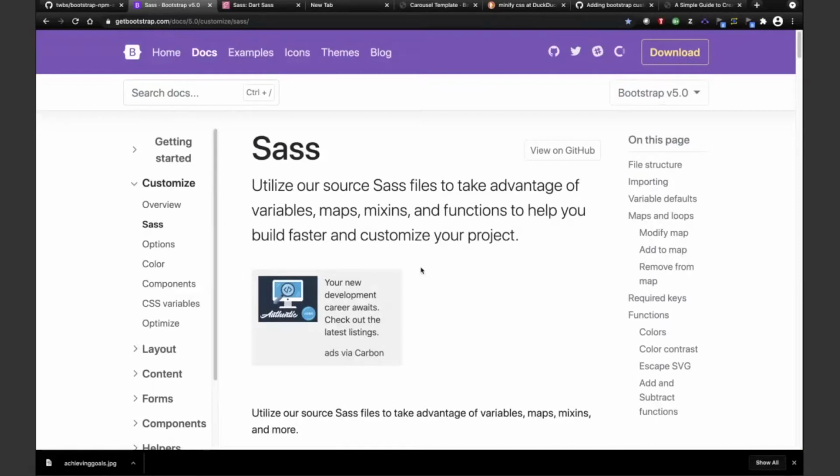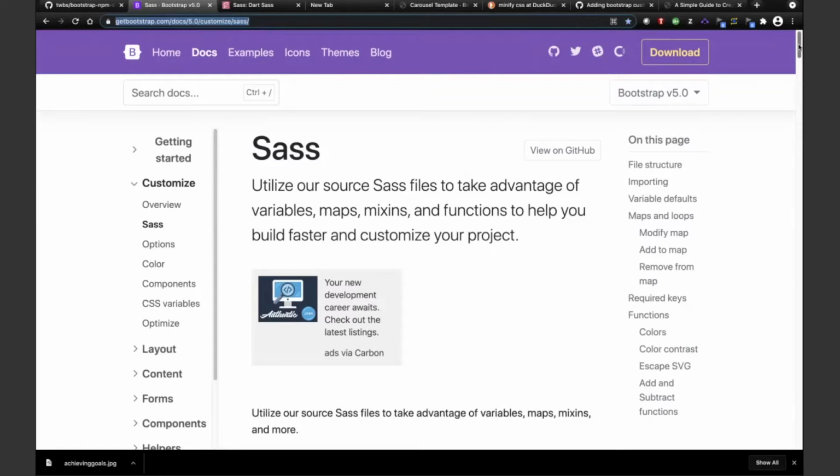So to understand how everything's organized, I highly recommend that you look in the documentation. I'm looking at the documentation for 5.0 for Bootstrap, and there is a page titled Sass. So you may remember that I mentioned that Bootstrap uses Sass or SCSS. They are compiled CSS style sheets. And the reason they do this is to simplify and reuse. They define variables, and here they say maps and mixins and other functions that all get imported into the CSS,